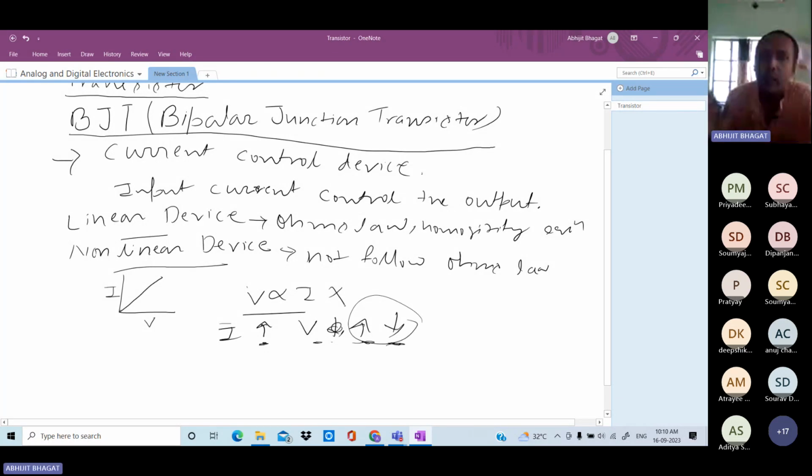So it is non-linear. So here in this case, your input current controls the output voltage or current. So your input current controls the output current and voltage. So whatever the input voltage is, increase or decrease, that will